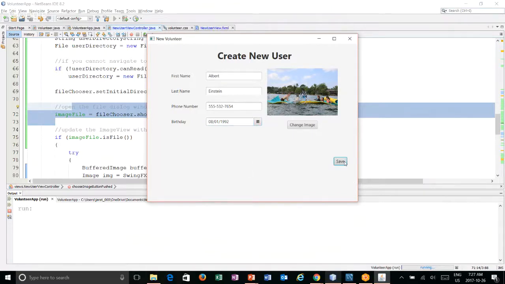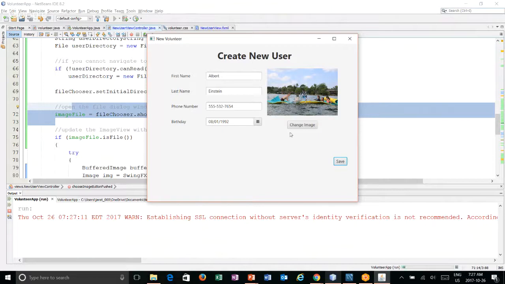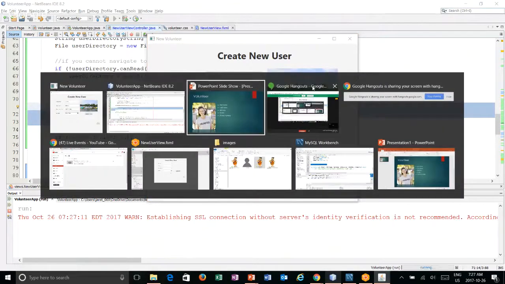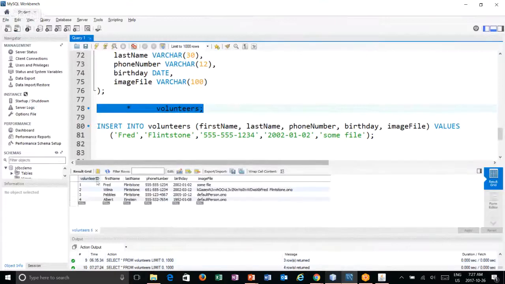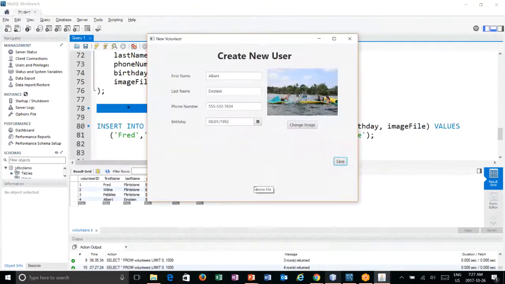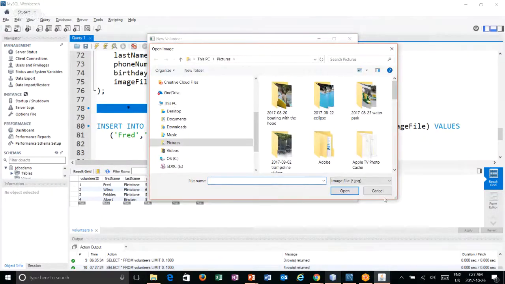Okay. If I create that new user, even though I've got this custom image here, when I go look in the database, we just added Albert Einstein. We can see Albert, but the image that was stored is actually the default image. It's not that custom image like we created before, where we could actually prepend it with some kind of series of letters. The other problem we have is if someone hits cancel right now,